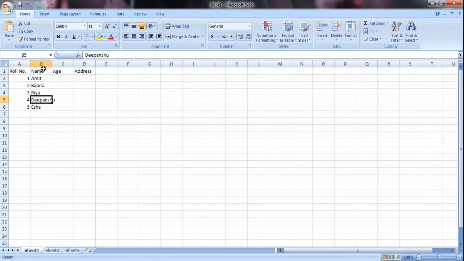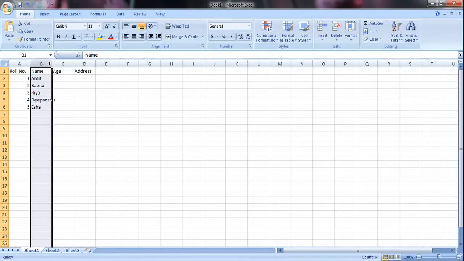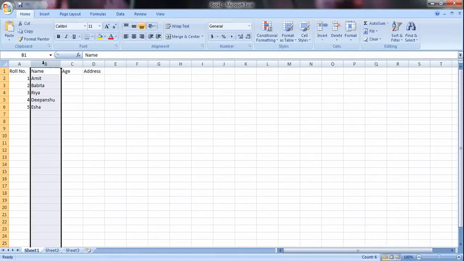So now how do I extend the width of this particular column? It's very simple. To increase the width of this column, I'll simply click here on the column name and bring this cursor to the line between B and C. If you see here, now my cursor has changed from an inverted arrow to this. So what you'll do is simply left click the mouse and drag it to the required width. If you see here, automatically the width of my cell is increased.